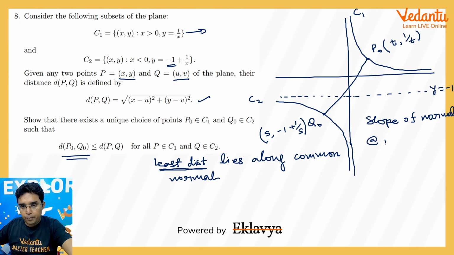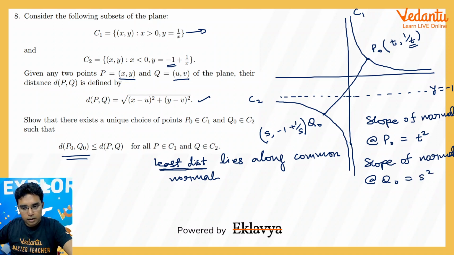at P naught, you can check, it will be just differentiate with respect to x, you will be getting minus 1 upon x square. And because we are talking about the slope of normal, so minus 1 upon slope of tangent, we will be getting this to be t square. Easy thing, it can be done directly. Similarly, slope of normal at Q naught, it will be, I think, s square. So we will be getting t square is equal to s square,